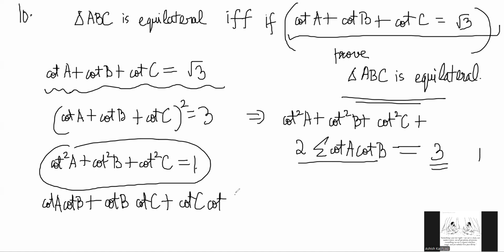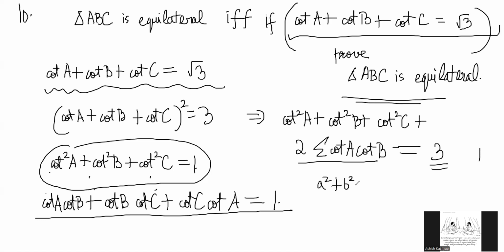Yes, sir. This is also 1. Now we will subtract these two, because right now what you have is a square plus b square plus c square is 1 and ab plus bc plus ca is 1, right? Yes, sir. So automatically if you subtract, you will be able to use the powerful algebra identity